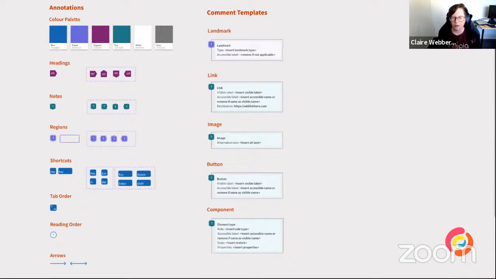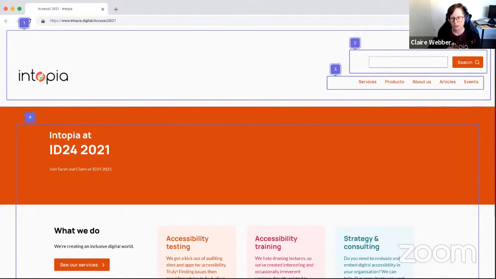So in our fake page mockup, we have spent all this time as designers thinking about how to separate the information, as Sarah mentioned, where things are placed. Now let's communicate that to the rest of our team. So here we have grouped using our purple borders what content we want in what region of the page and numbered them 1 through 4 to divide them up into what regions we're thinking of, clearly numbering them so we can add some more information later. And the benefit of using this outline is then you can show how specifically the regions are nested within each other. Now we can add some comments to document the information we have about these regions.